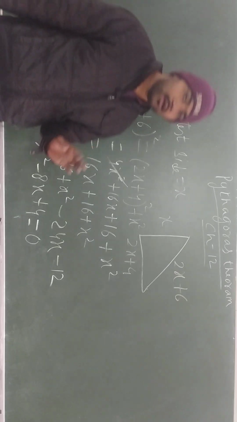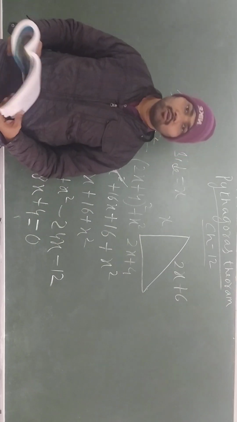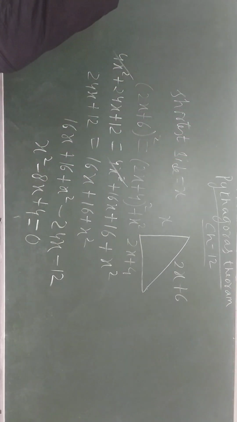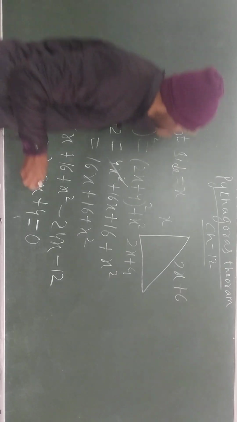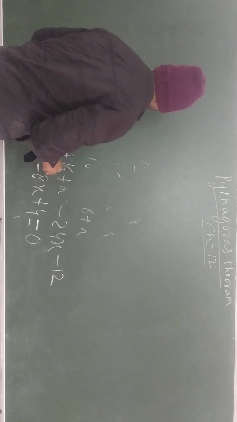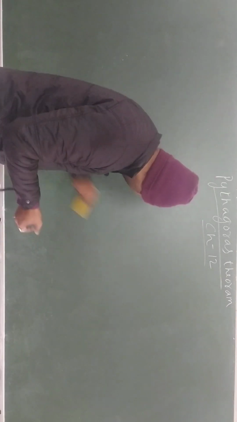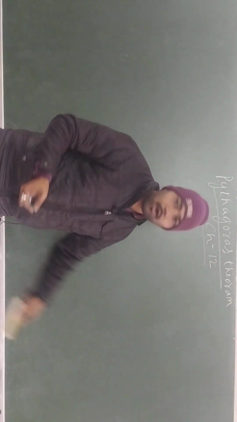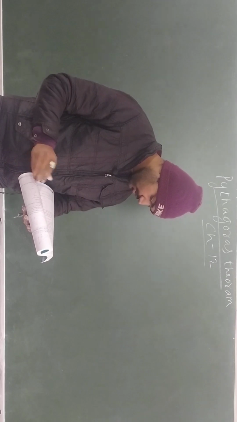By your own. You will get the value of x and you will put the value of x in the place, you will get the side. Understand? So like this only you will do question number 8. Okay. Don't forget that the square which you have to open by using the formula of (a plus b) whole square. Okay. Now see question number 9.